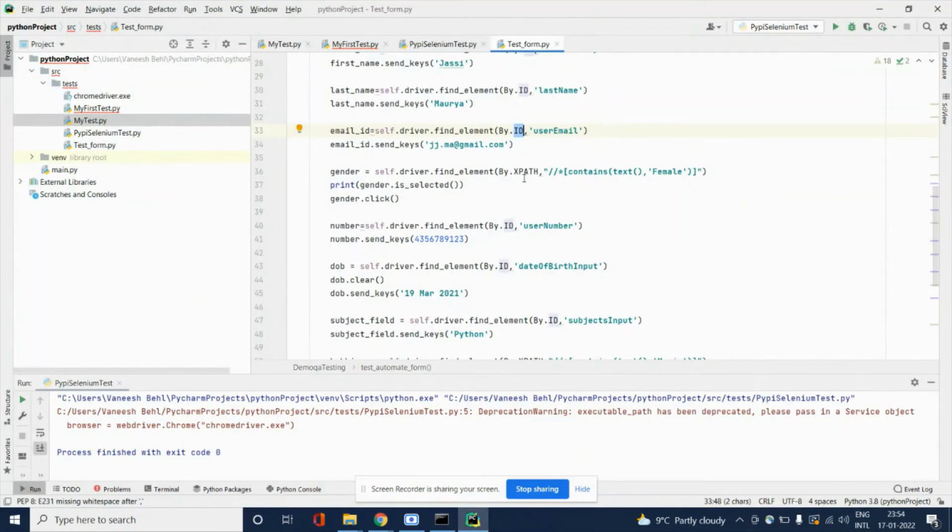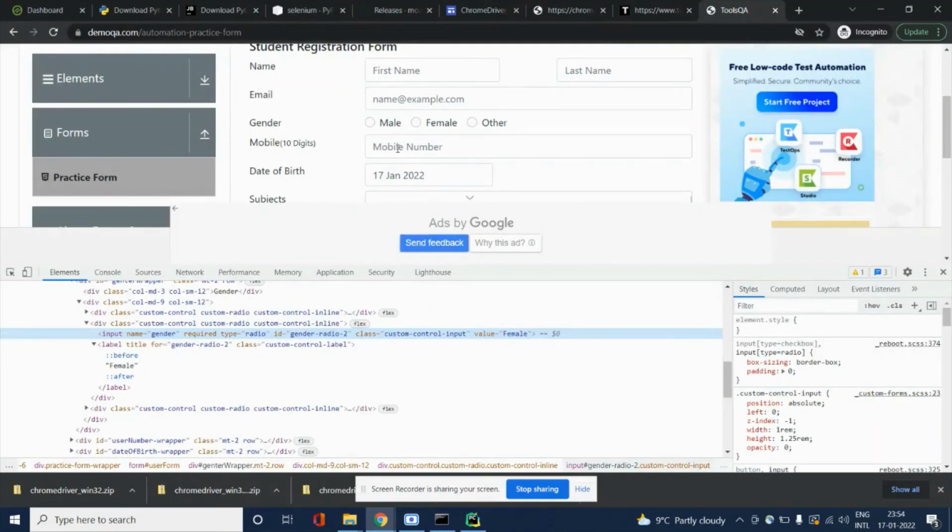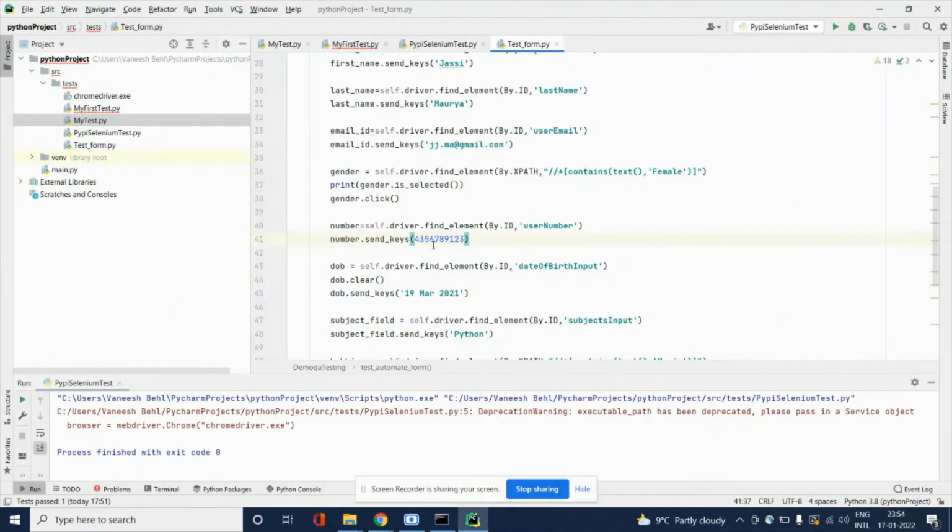So we have used XPath contains text female, and we are clicking on it. Then we are automating the mobile number field. We are giving some random value inside it. Then we are writing the date of birth,